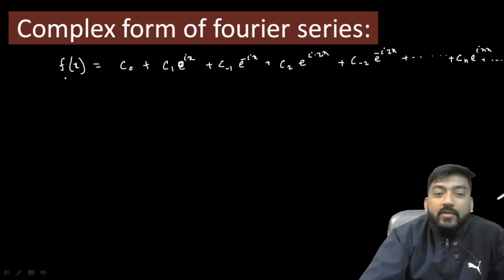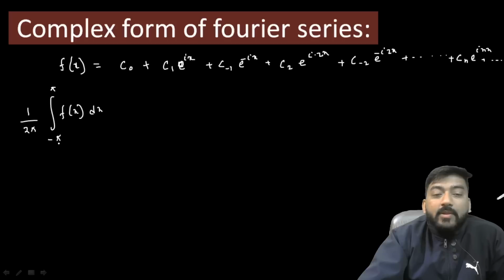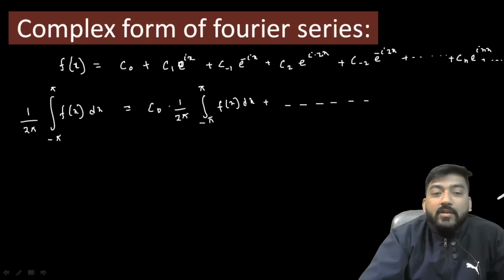If you want to find out c0, what you have to do is integrate this function f of x dx between the limits minus pi to plus pi and take the average value. So it will be 1 by 2 pi, integral from minus pi to pi of f of x dx. This is the average value of f of x. So in this expression there will also be the average value, so it will be c0 equal to 1 upon 2 pi times the integral from minus pi to pi of f of x dx. But the integration of the other terms will be 0, because